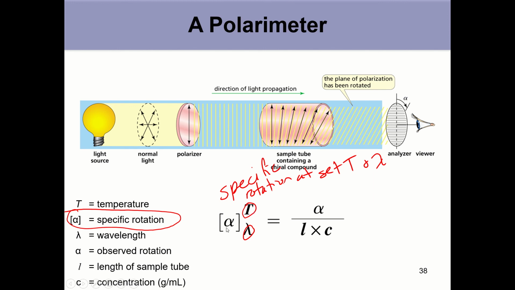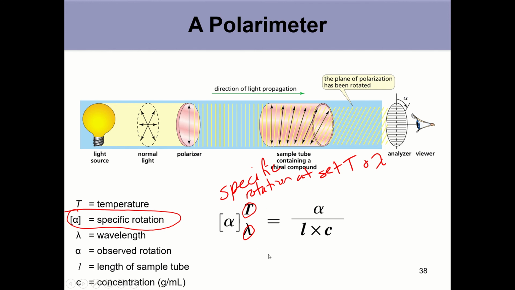So the formula is that you have a specific rotation, and what we use the temperature and wavelength for is that this specific rotation is only valid at the temperature and wavelength that you are currently measuring. If you change the wavelength or the temperature, the specific rotation changes. So we don't actually use these numbers, but we say that this specific rotation only occurs at this temperature and